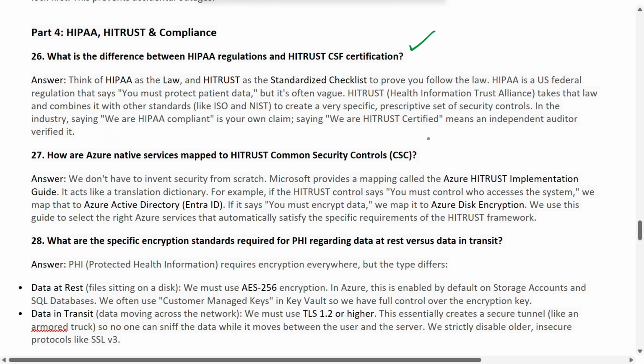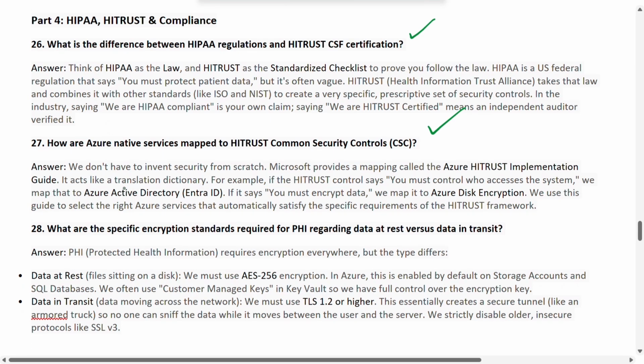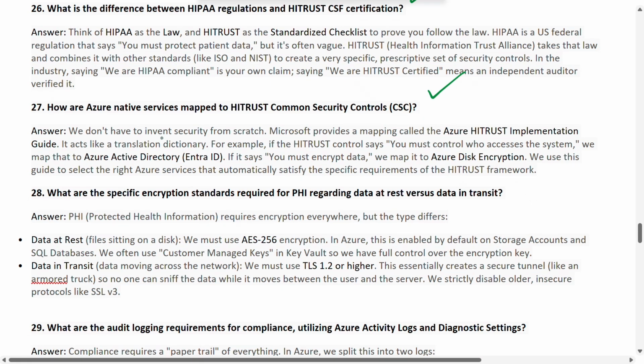And moving further, the question: how are Azure native services mapped to HITRUST common security controls, CSC we can say? Here the simple answer is we don't have to invent security from scratch. Microsoft provides a mapping called the Azure HITRUST implementation guide. So it acts like a translator